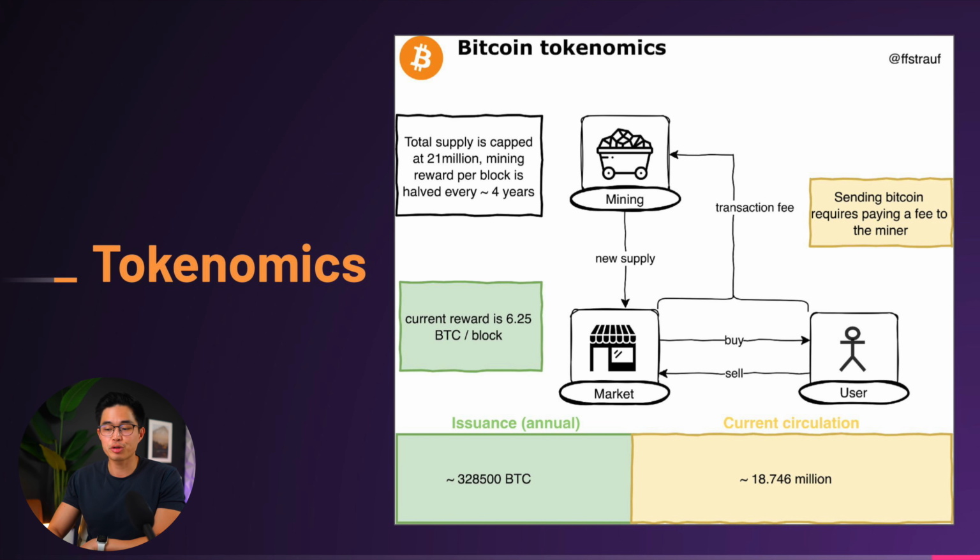You can see that every time a transaction is made, a fee is paid to the miners for adding and verifying your transaction on the blockchain. Once the miners receive new Bitcoin from their mining rewards, they bring the currency into circulation when selling it on the market. It's simple, and the mechanics are predictable compared to other cryptocurrencies, which is what makes Bitcoin such a good investment for people that are bullish on blockchain technology.